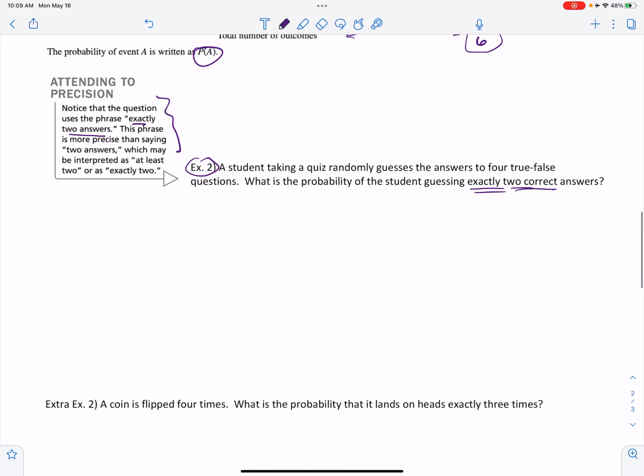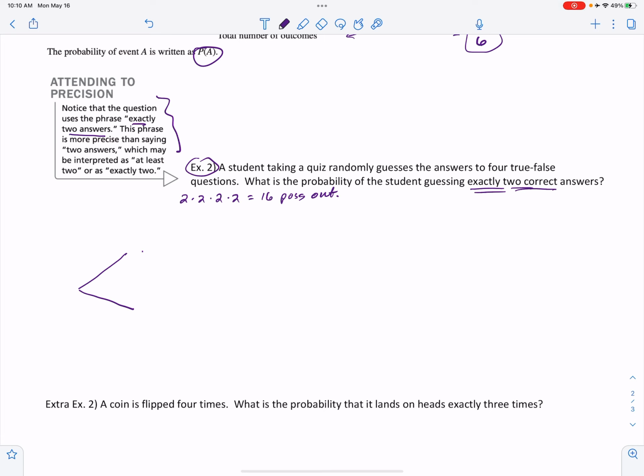So anyways, the sample space on this is kind of crazy, because we're going to have 4 true and false questions. So there's 2, you can get true or false on the first, true or false on the second, true or false on the third, and true or false on the fourth, for a total of 16 possible outcomes in the sample space. And if I try to create that,